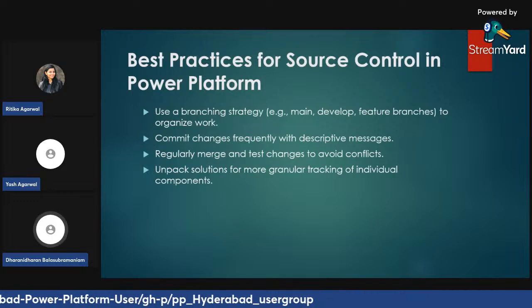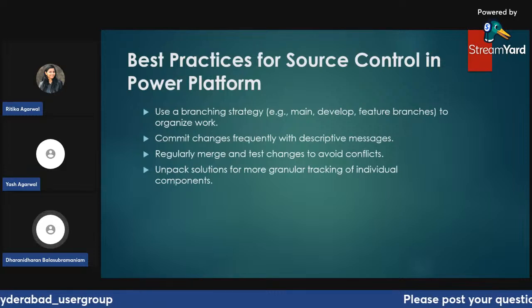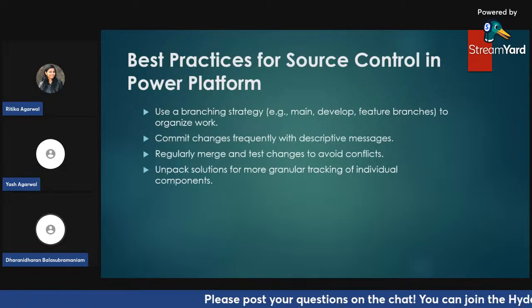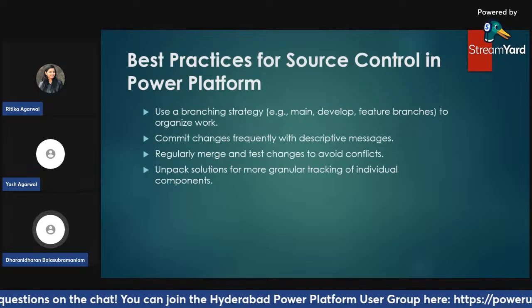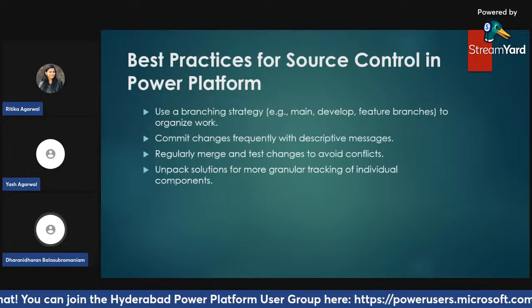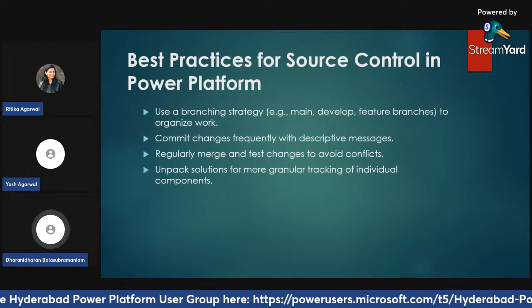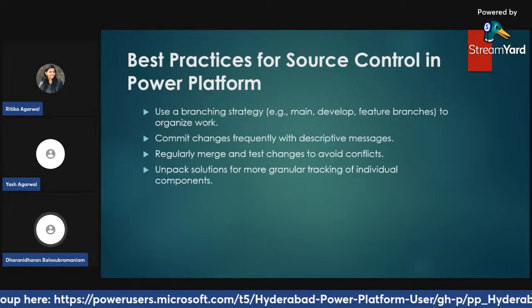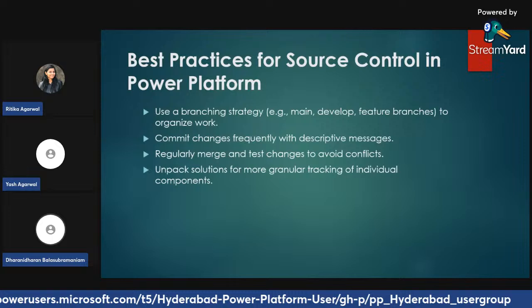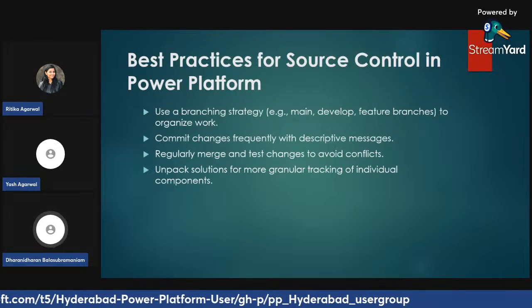But I always suggest to unpack the solution in your pipeline and take the uncommitted, the granular version, the completely unpacked version, and commit it into Azure DevOps, so that at a later point of time, if something went wrong, if you want to go and check each and every component at the granular level, we will be able to easily track and identify where the issue is coming from. So at a finer level, it would be really helpful for us to identify where the issues are arising.